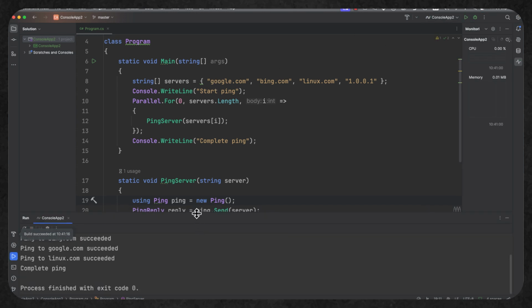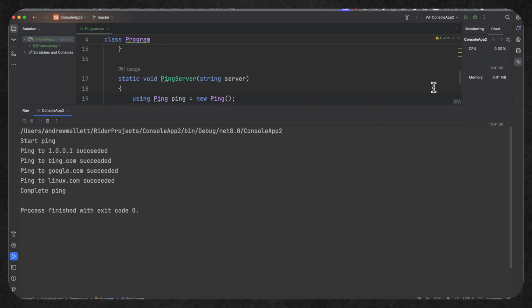So that might have taken a little bit of time, but now the code is compiled, we're able to run it. And it doesn't matter how many times I execute it, we can see now that I'm getting the response from my servers simultaneously. If we did this with a traditional for loop, we would see the response from our first server, and then our second server, and then our third server. We can also see in the execution sequence that the responses are coming back out of order. They're not coming back in the same order, indicating that they are running in parallel on multiple threads.